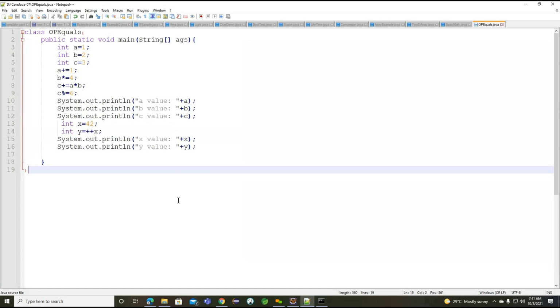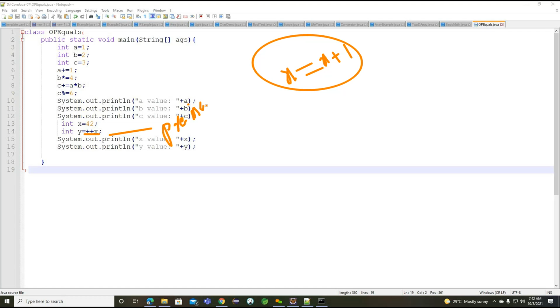Now what we need to understand is the expression. The expression we identified, every time we will use the same one, x = x + 1. But when this particular expression is implemented, this is important. When we are working with ++x, this section of code we will call pre-increment. And previously we connected it with x++. So ++x we are going to call pre-increment, and x++ we are going to call post-increment.